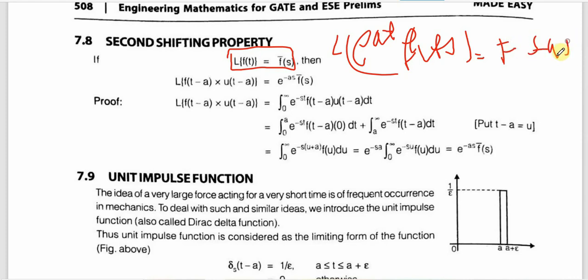Now that was the first shifting theorem. The second shifting theorem says that if f of t is replaced by f of t minus a, and the unit step function is multiplied, then its Laplace will simply be multiplied by e to the power minus as. You can simply derive this F of s into e to the power minus as, but remember this one. No problem, there is no issue with that formula. It is not much useful, but you can simply derive it in the exam.